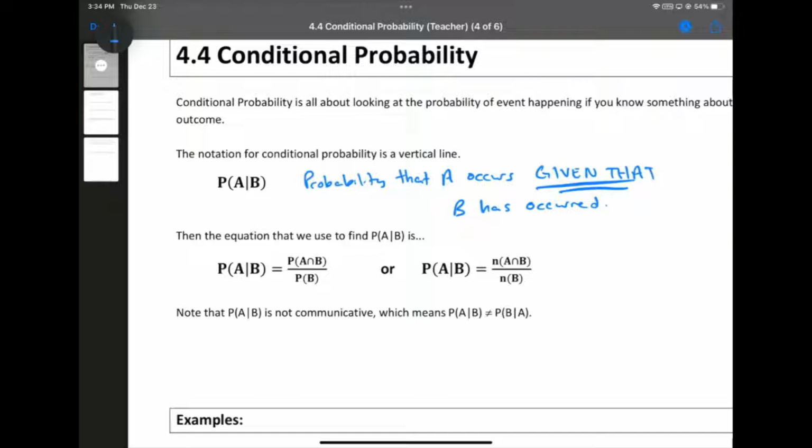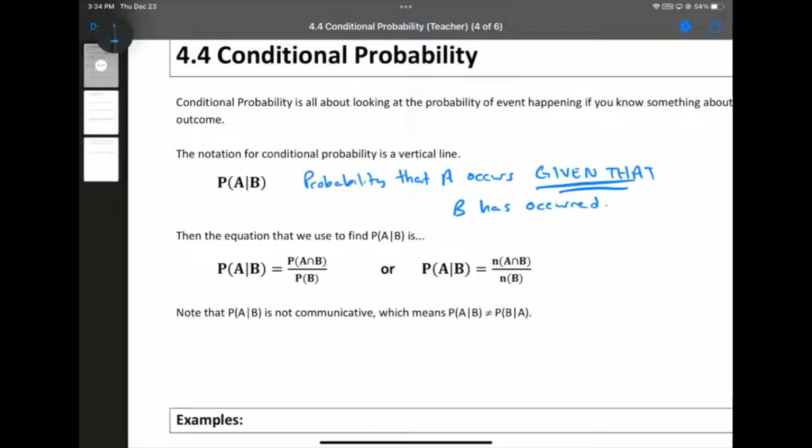A given B, the probability of A given B is not the same thing as the probability of B given A. Just as an example of that, that's logically easy to follow: if A was the event that I die and B is the event that I'm thrown into the sun, the probability that I die given that I'm thrown into the sun is 100%. At some point in the future, some human being may be thrown into the sun and die, but right now no one has ever been thrown into the sun and survived, mostly because no one has ever been thrown into the sun. But the probability that I die given that I'm thrown into the sun is 100%.